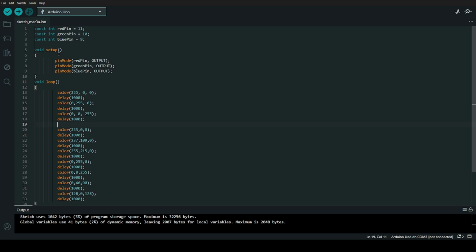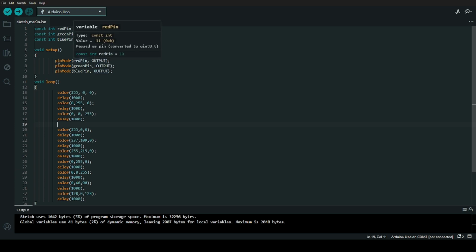So let's proceed to the void setup. The void setup runs exactly once, and when it does, it goes to the pin mode here. It has an output. Same goes for the green pin and the blue pin.